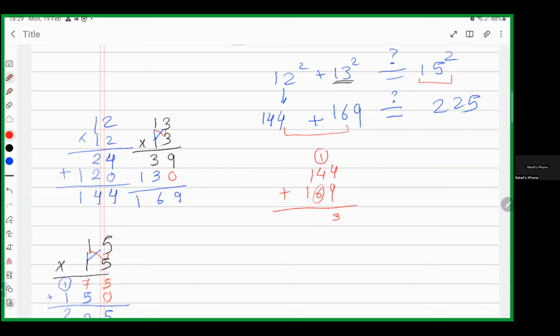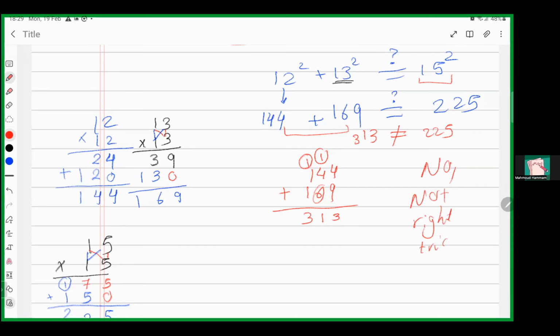Yes, maybe. 4 plus 9, 13. 3 and carry up 1. 1 and 4, 5. 5 plus 6, 11. 1 and carry up the 1. 1 and 1, 2. 2 plus 1 is 3. So 313. Is it equal to 225? No, they are not equal. So is it a right triangle? No, it is not a right